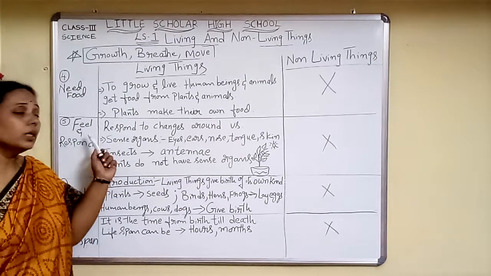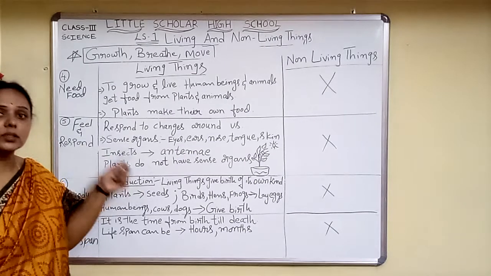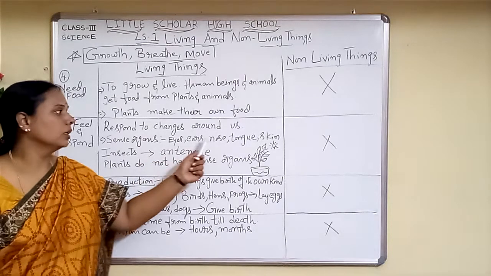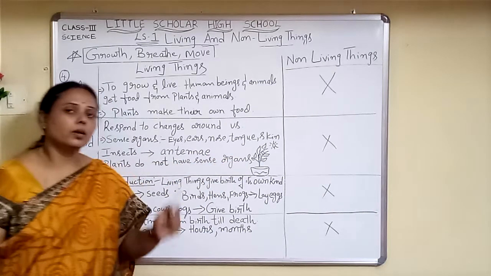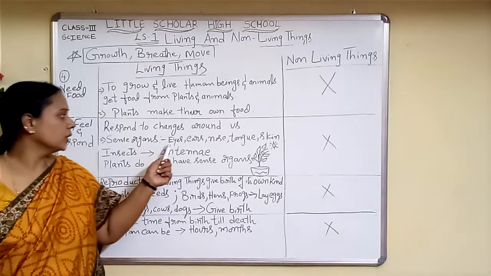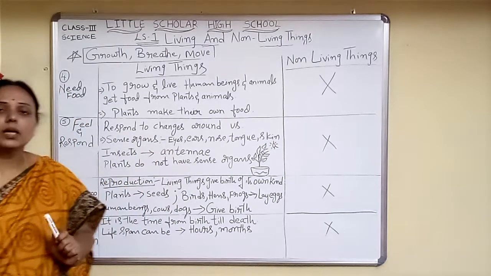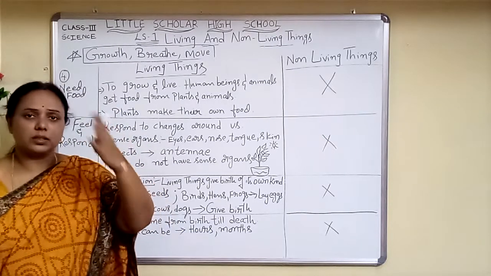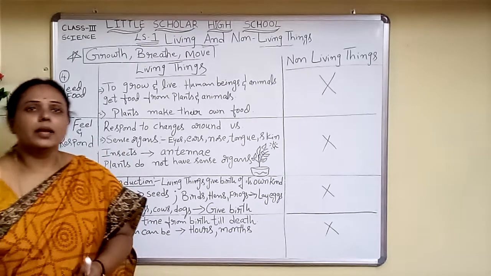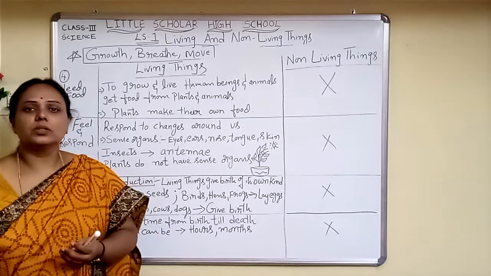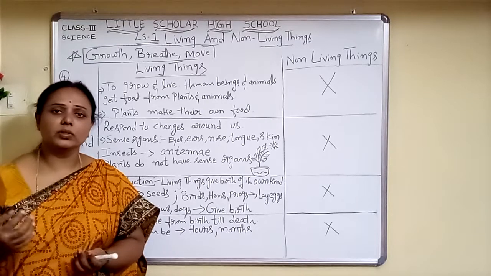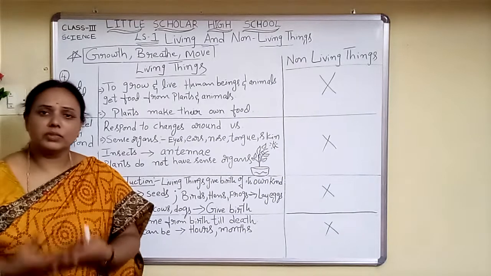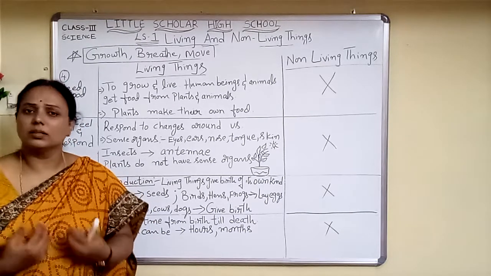Now what are the organs which help us to feel and respond? The organs are eyes, ears, nose, tongue and skin. Now we will talk about each one of them. So eyes, what are eyes? You know that they are used in looking around us, they give us vision. Now when we look at certain things around us, they look very pleasant to us, and there are certain things which we don't feel like looking at. We find that it is not comfortable to our eyes.